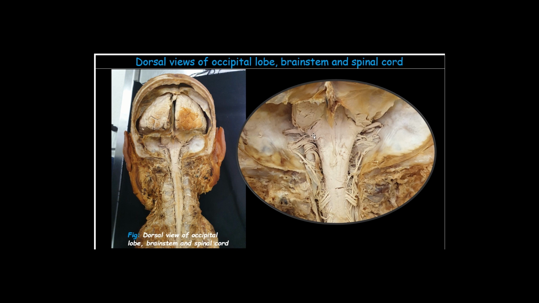Now here you can actually see the cranial nerves coming out from the brainstem nicely as well. We're looking at the internal acoustic meatus over here. So this would be the facial and the vestibulocochlear nerve going into the internal acoustic meatus. Then if we go down a little bit over here, we can see the jugular foramen, into which you can see the glossopharyngeal nerve coming in, and then the rootlets of the vagus nerve coming in